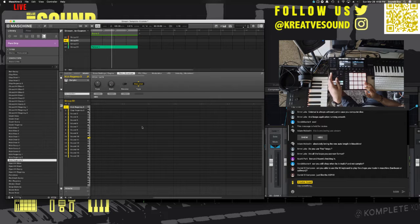All right, so the next page is where things get interesting. You have your pitch and your gate. You can also control the start. Remember what I was saying? If you go into loops and you just want a section, you can change where it starts. You can do it that way. There's another way I can show you that involves truncating it. If you're in the sample page,